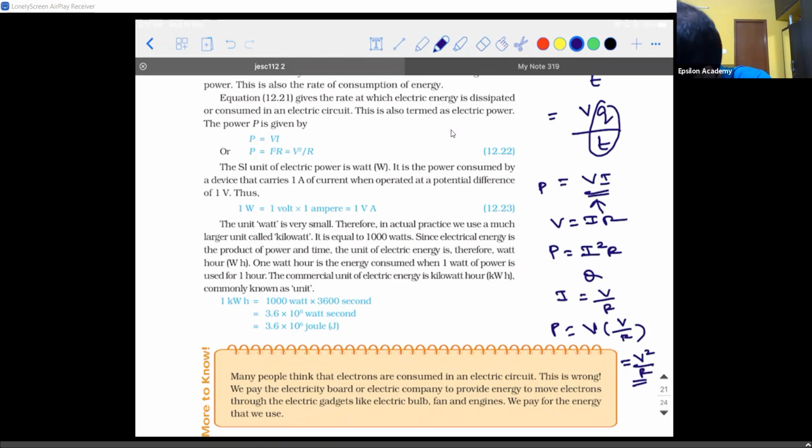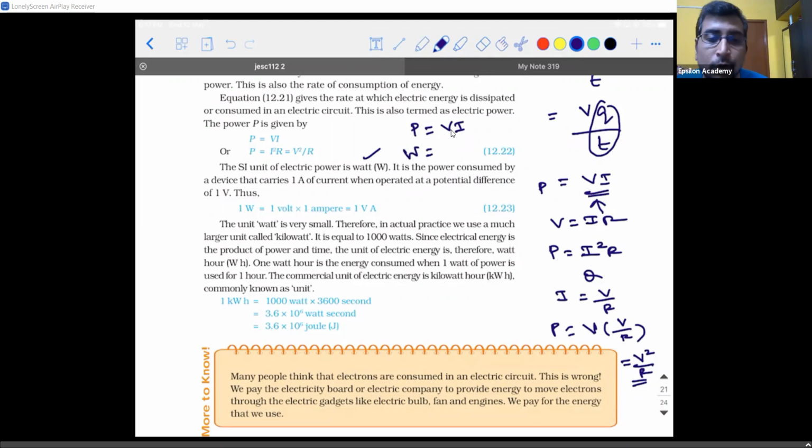So the SI unit of electric power is also what, right? So how can you write 1 watt? Power is equal to VI. This is the basic formula, guys. If somebody asks you to define electric power in terms of voltage and current, you should say it like this. Electric power is defined as the product of the potential difference and the current flowing through that particular device. So power is equal to V into I, and power is measured in watt.